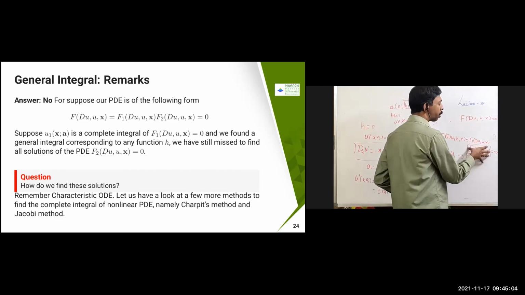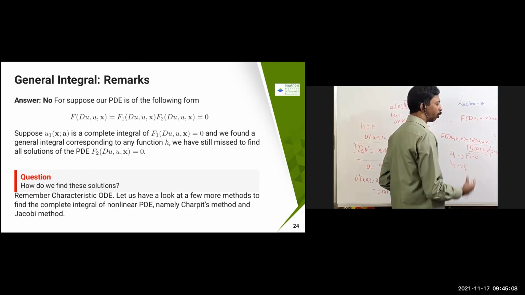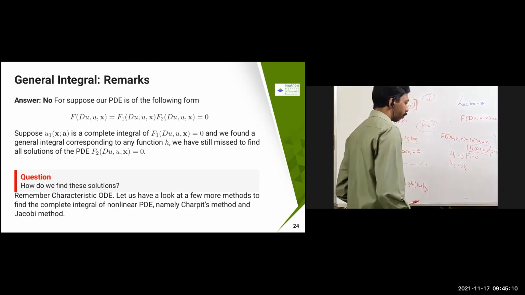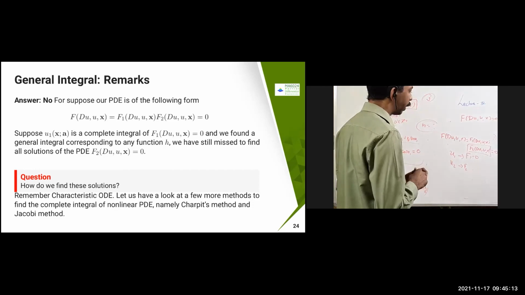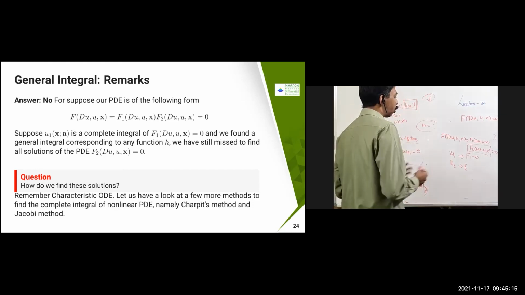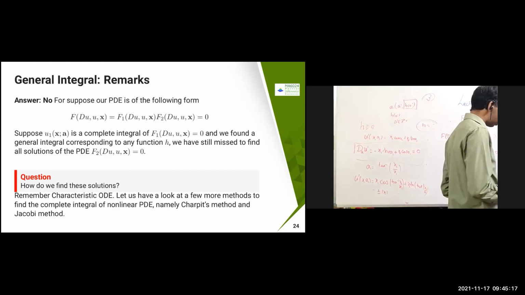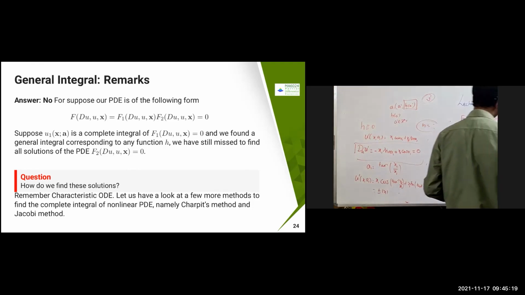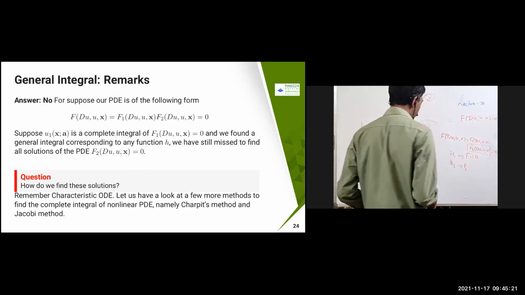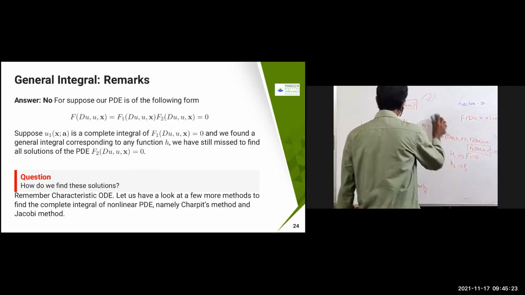But still you missed this family. Still you missed finding the solution for this family. So in that case, you will be getting trouble. So in that case, how do we find the solutions? How do you find these solutions? For that, you have to come back to almost the early classes where we